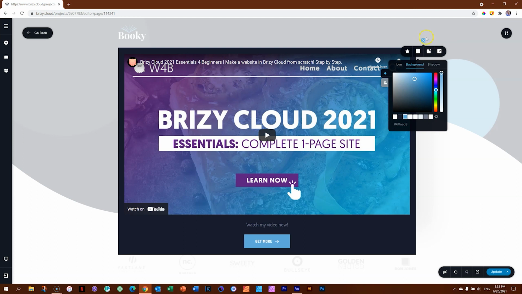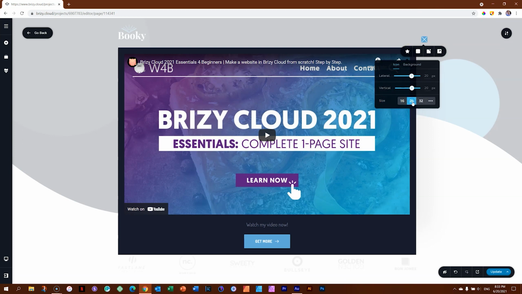It's very small at this moment. We'll make it bigger. And also note that you have a hover option over here if you want some kind of hover effect when people hover over the button. This button is way too small, so let's change the size of the button first, and that is done over here on the left. For size down here, you can click on these presets or click on the 3 dots to give you custom control. I'll put it on 32 so it's not too big but still visible and easy to work with,